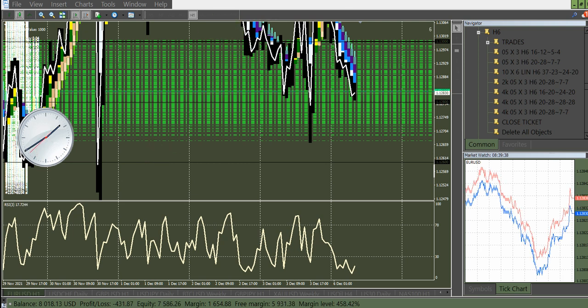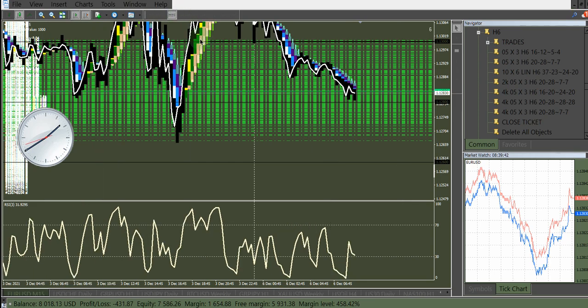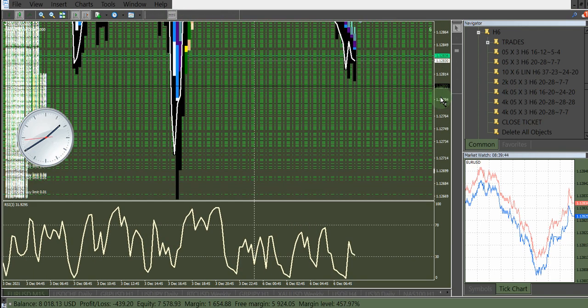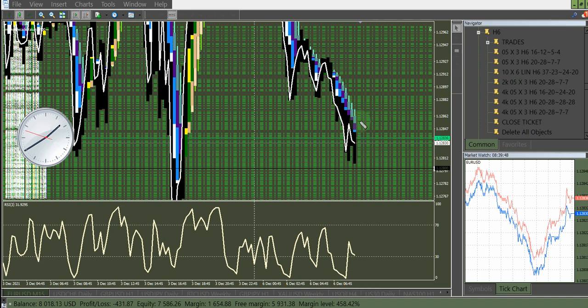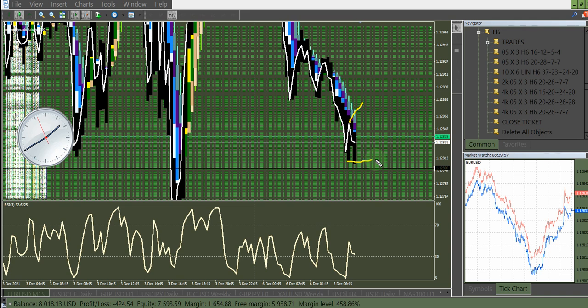Look at that 5-minute chart. I hope you took your profits on that. There's a robot that messes up. He sells here and he doesn't take profits down here at the new low. So you can't just turn on some trend system and let it go. It's not going to work.